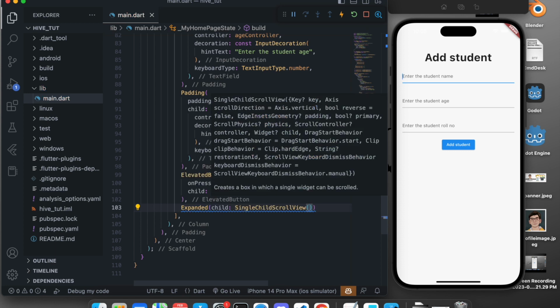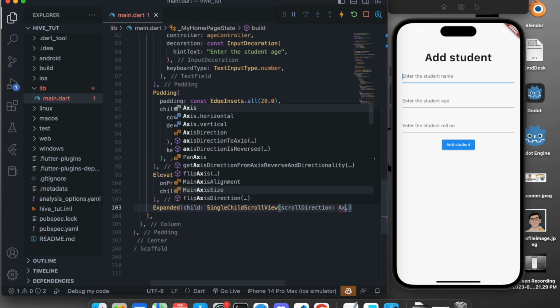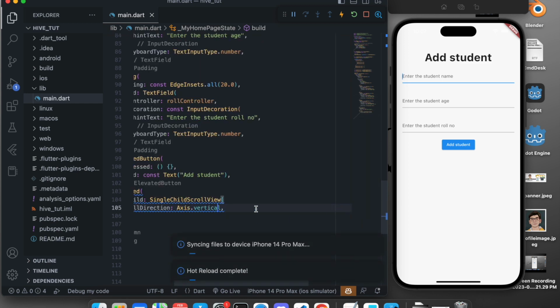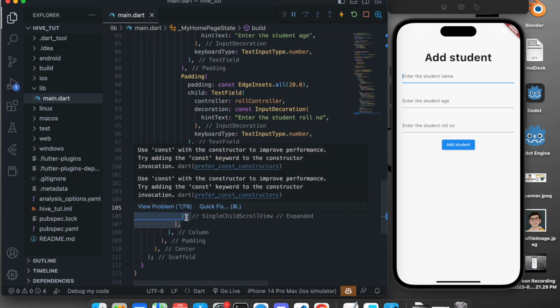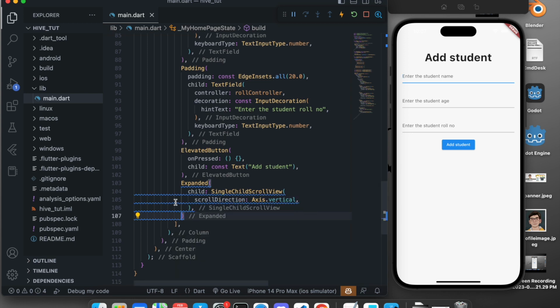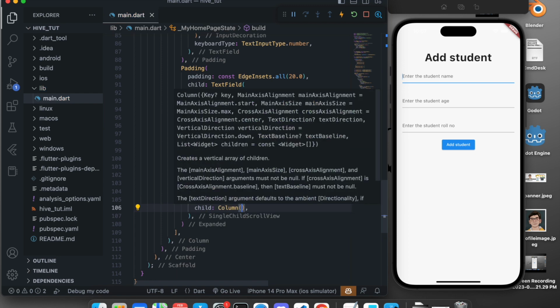And inside this, first of all, the scroll direction will be Axis.vertical. So Axis.vertical, and we will just save this. And also we want to add a comma right here to format the code. And as a child of the SingleChildScrollView, we will add a Column. So inside this column there will be,